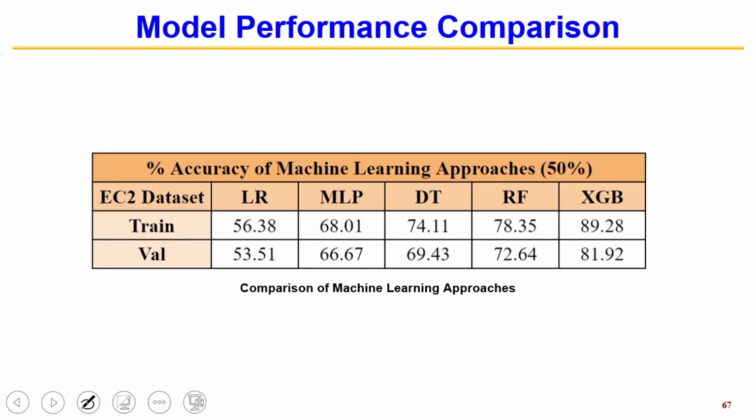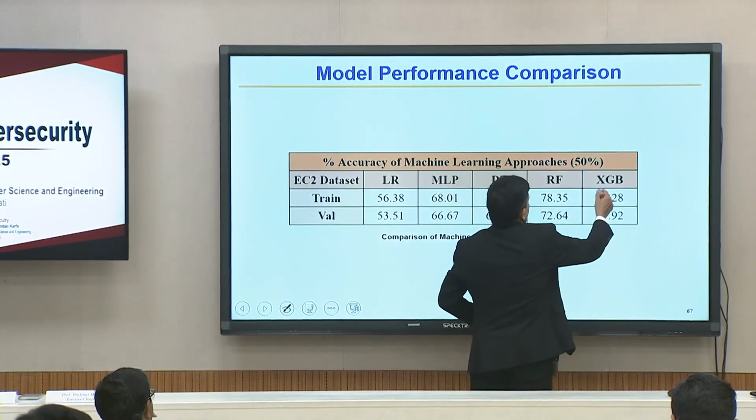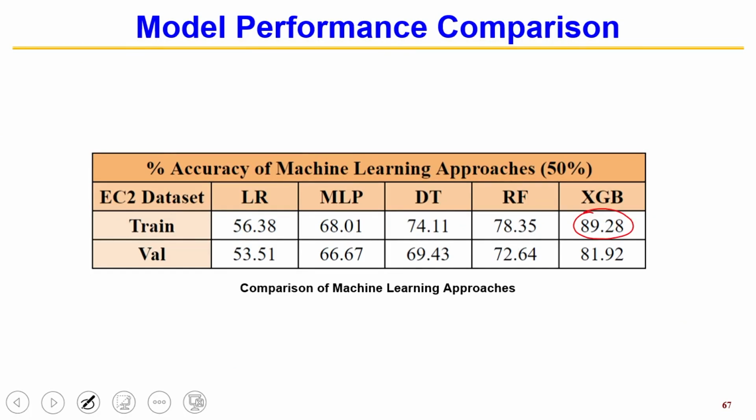And in terms of the different performance, if you look at regression, multi-layer perceptron, decision tree, random forest, as you saw even in the previous one, XGBoost was doing better, and this is also doing better in this particular case. And this particular result was when 50% of the data is sniffed by the eavesdropper. If the eavesdropper is, and this prediction accuracy, no matter which model you take, let me see if I have the result.